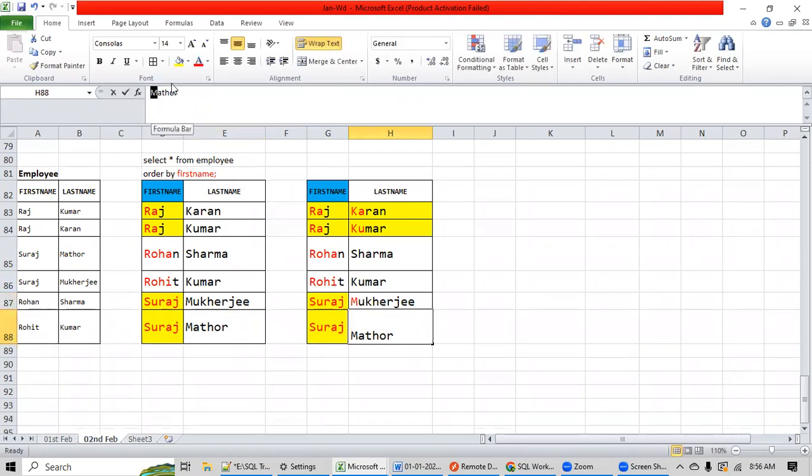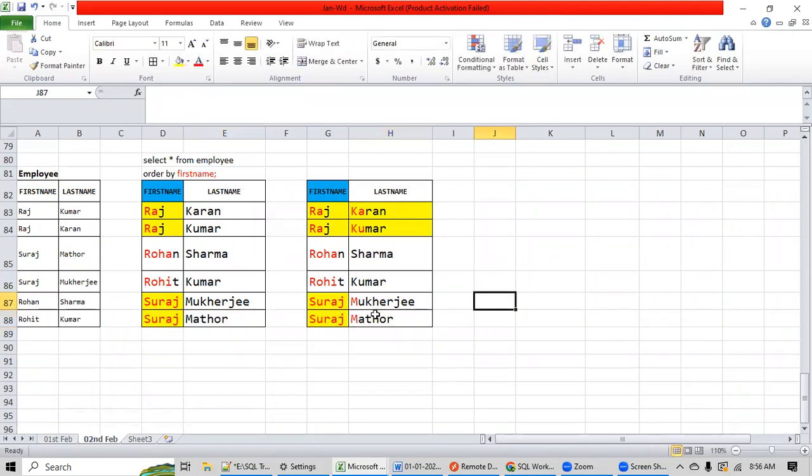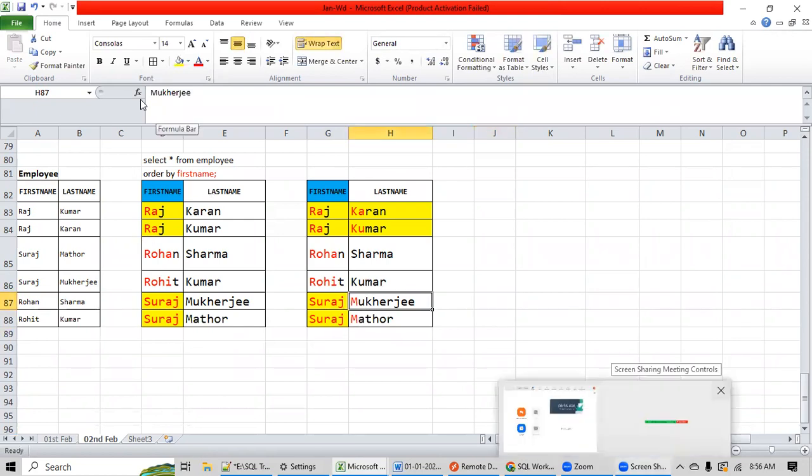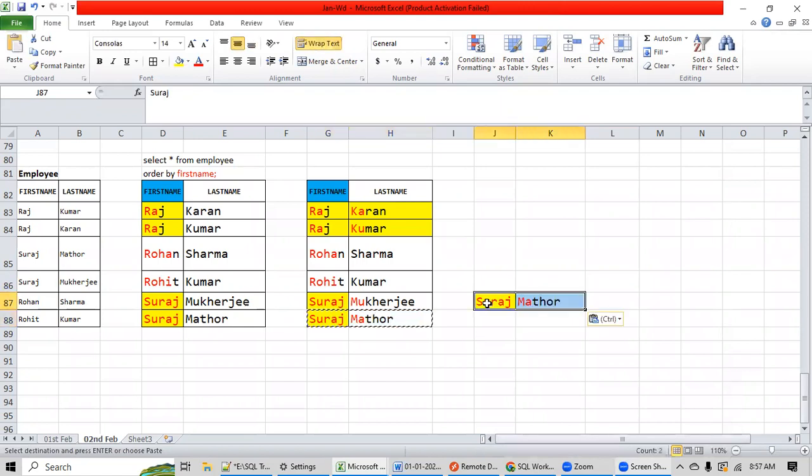M. They both are the same, so the engine cannot take any decision. So then check the next character. Here it is U and here this is A. Now which one should be displayed first, A or U? A. So as per my business stakeholders, you should display Suraj Mathur and then Suraj Mukherjee.